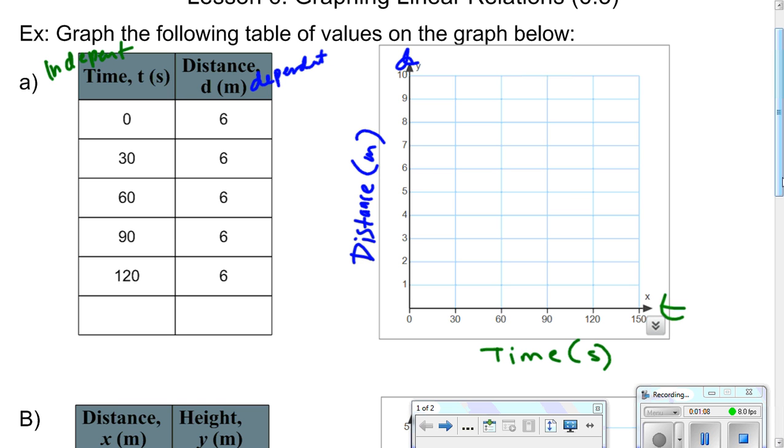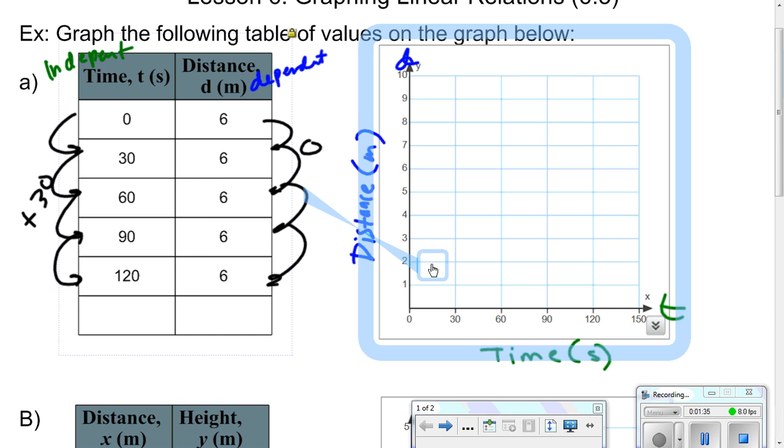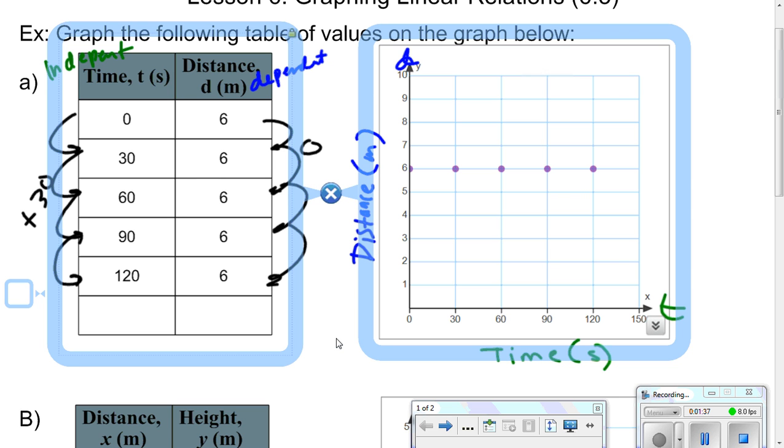Okay, and as you notice, as time goes on, time is increasing by 30 seconds each time, but the distance is not. The distance is remaining constant. It's not changing. So if we were to graph something like this, which you're going to, you would get a graph that looks like this. And if we added in another point, if we said 1/8, what would happen at 150? Well, the distance would also be